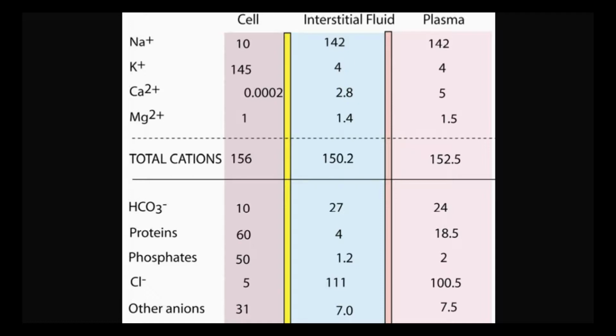Okay, so let's look at sodium first. Sodium we know is a toxic substance. It's a metal, highly unstable. You put it in water, it'll explode. It's a huge problem. Also, chlorine is a nerve gas, and it'll kill you. We want free sodium and chlorine levels to be low inside of the cell. That's dangerous stuff. But then we look inside the plasma and the interstitial fluid, and we see the level